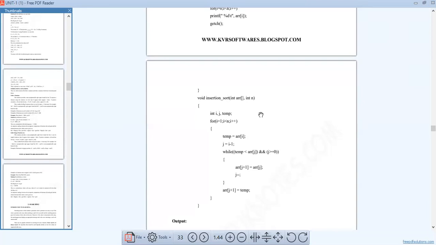The compiler will accept it, but it should not be a keyword. You can give any name, the compiler will accept. So now I'm taking it as temp, or otherwise you can give it as key, that's not a problem. In the previous example, I'll show you again.